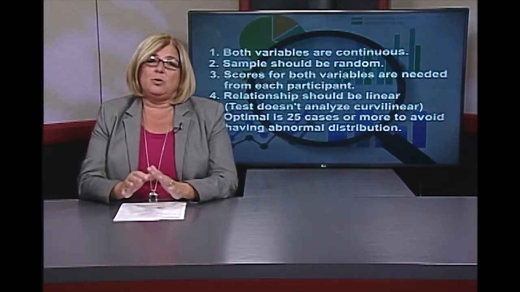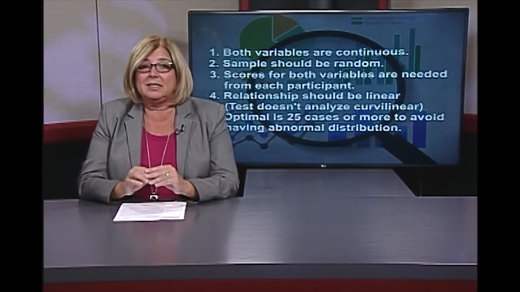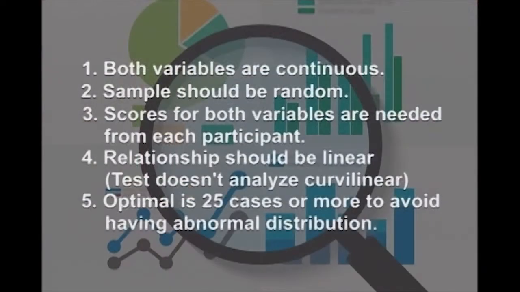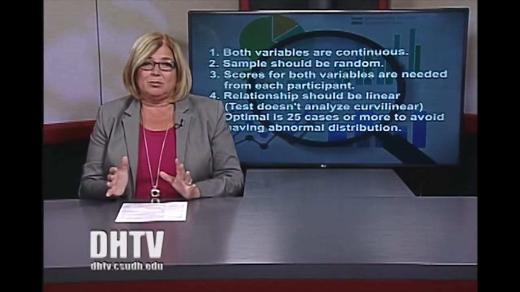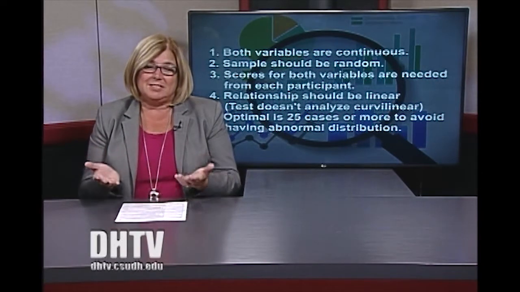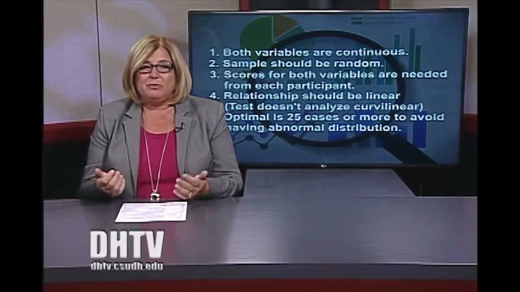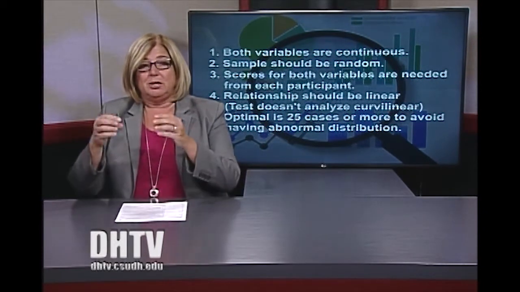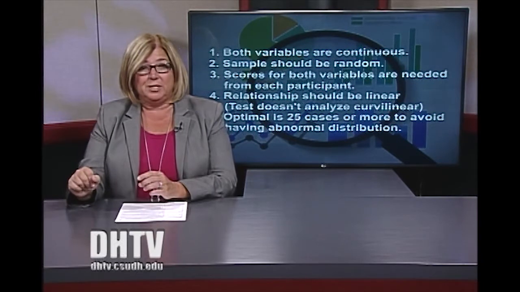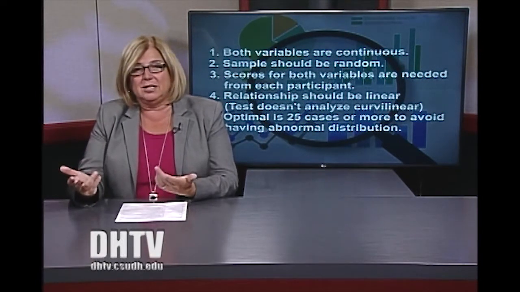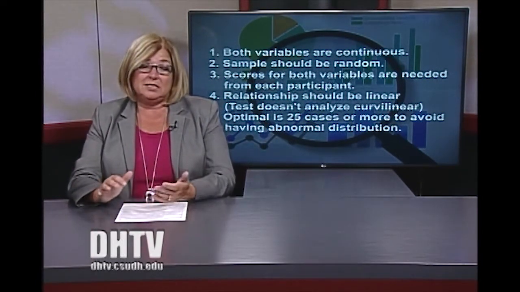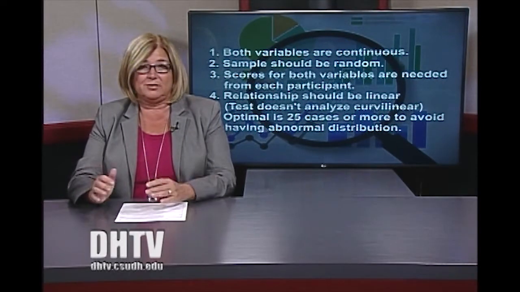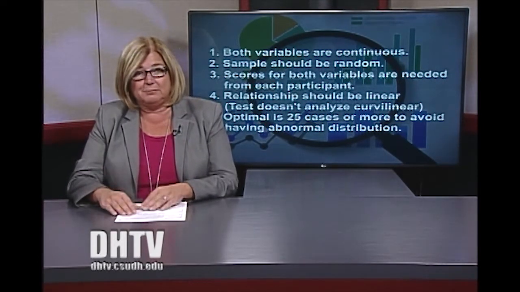And then we also know that when you run a correlation, you need to have at least 25 pairs of scores. And so what does that mean ultimately? That when we have 25 pairs of scores or more, we're able to look at the relationship. And if you think about that very simply, that makes sense, right? Because if we only ask a few people some information, or only measure a few people on a certain dimension or variable, then we don't have enough to really look at a relationship. And so of course we need at least 25 sets of scores or pairs of scores to make that fair comparison.